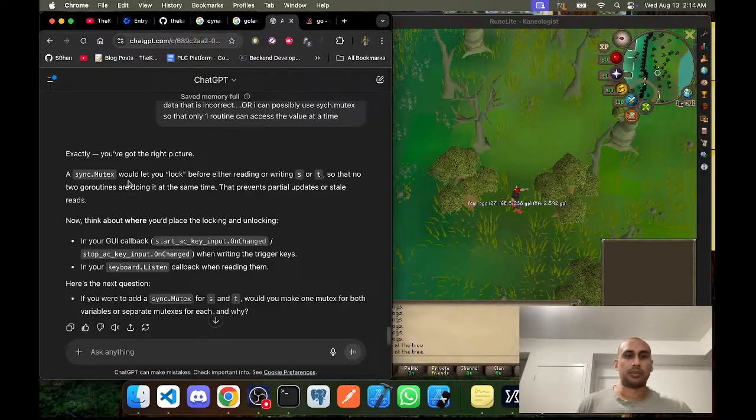RW mutex would let you lock before either reading or writing so that no two Go routines are doing it at the same time. Prevents partial updates or stale reads. We don't want a stale read because if we change the value of what's in that text box, it's going to read the wrong start key. So if we look at the code here,